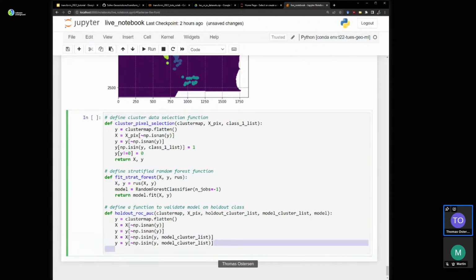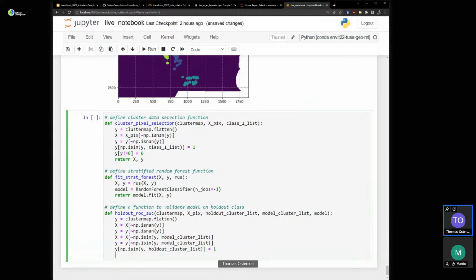And then Y equals isin Y holdout cluster list equals 1. So we're just renaming pixels that are in our holdout cluster to 1, which is our, I guess, target cluster.